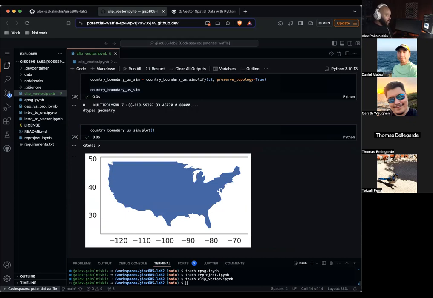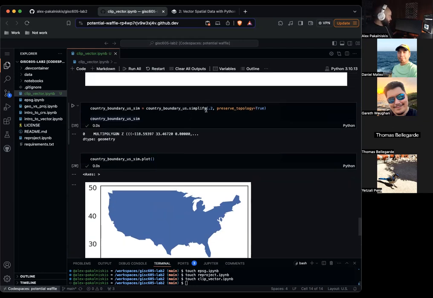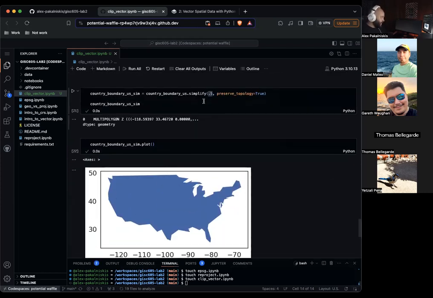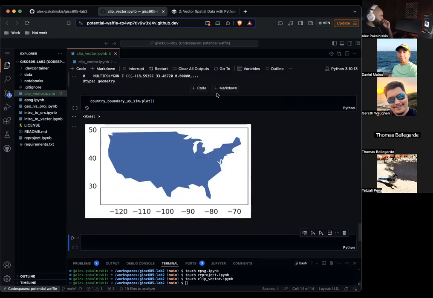If you increase the tolerance of simplify, I think you can create a more aggressively smoothed map. So you can see how it's kind of smoothing out. If I set it to 9.9, we have a pretty rounded simplification.